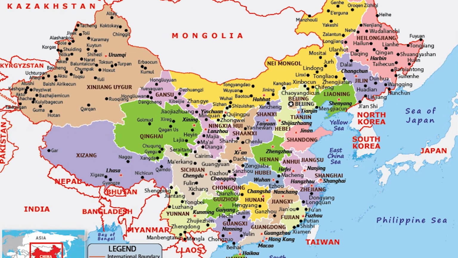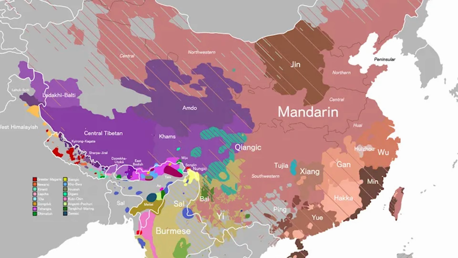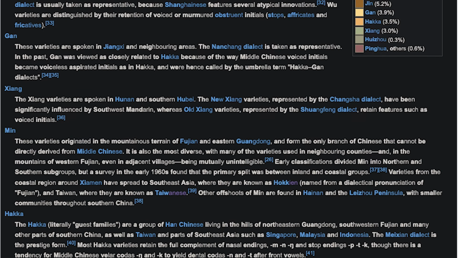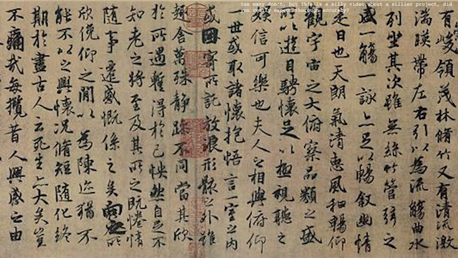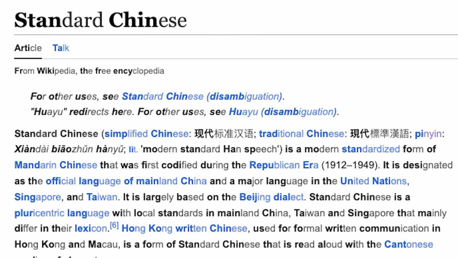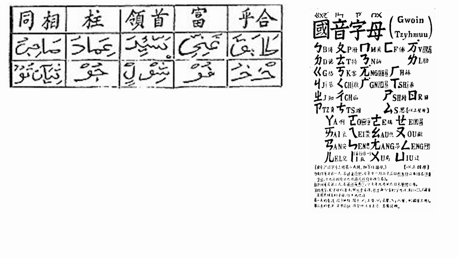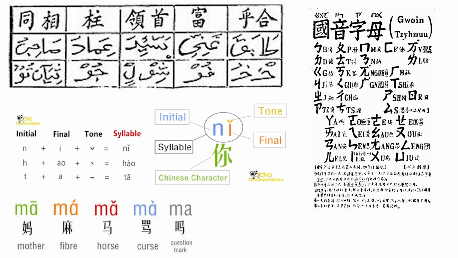China, one of the oldest civilizations and the land of John Cena's native tongue, along with many, many other languages. These languages vary widely, but they all share one common thread: the characters. Throughout history, many people have tried to standardize one of these as a lingua franca across the country, and others yet have tried to create new systems to replace those characters.